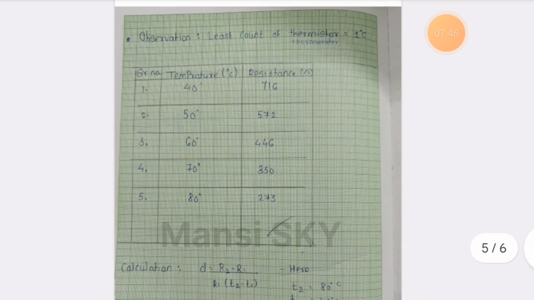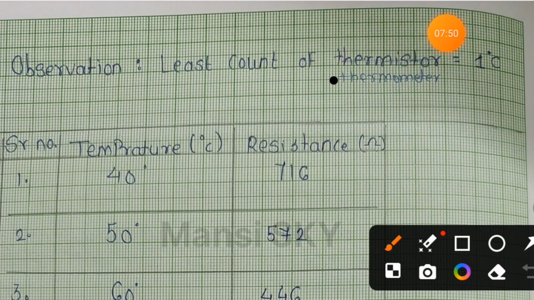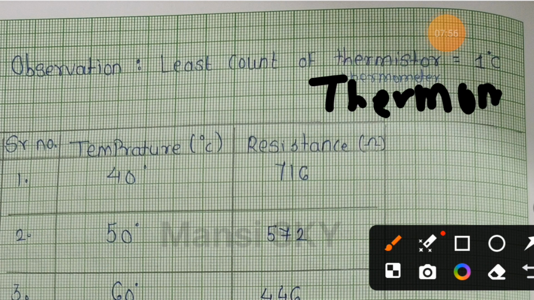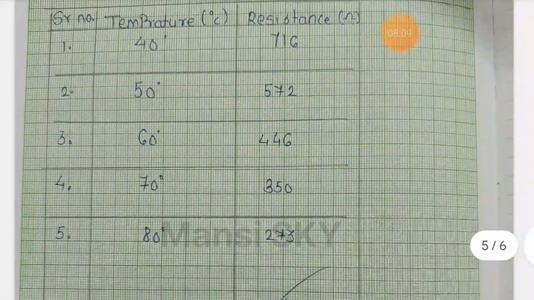Okay, so the least count of the thermometer is what? 1 degree Celsius. 1 degree Celsius is the least count of the thermometer. Then we have a very important thing, which is our chart. Okay, we have to start